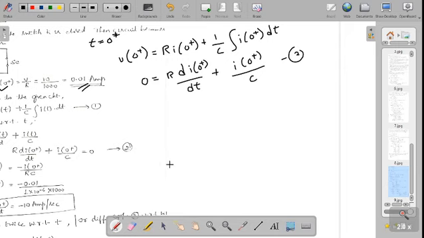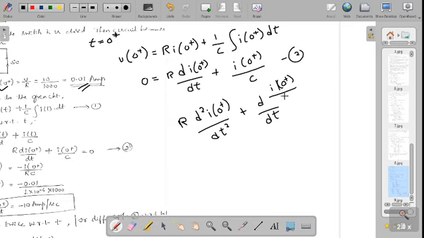And derive this. Okay, we apply a derivation on this. Okay, that would be what? R into, so that is what? d square I of 0 plus divided by dt square plus d by dt of, what is that? I of 0 plus divided by c. When you apply this,